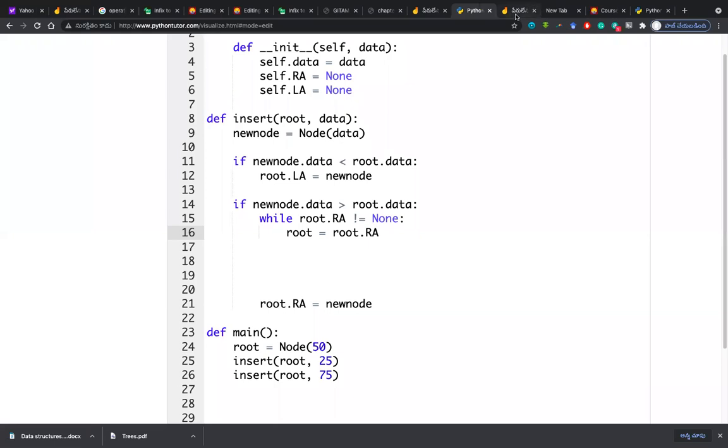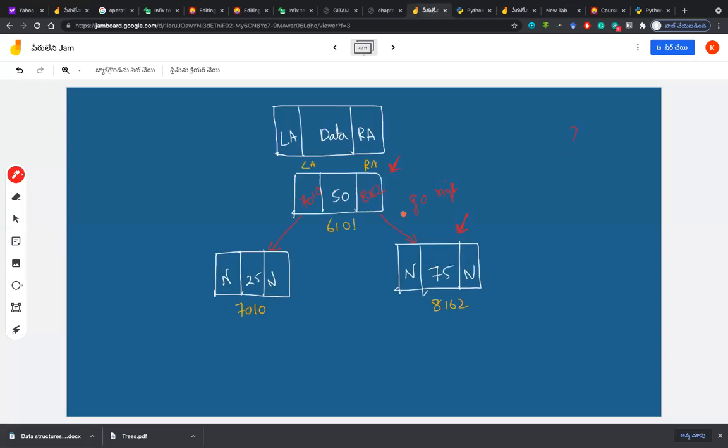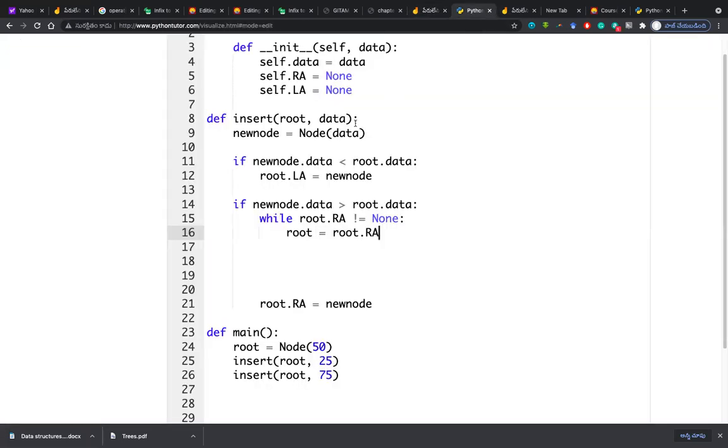And now you have to declare a traverser then. Yes, sir. You are using a while loop. Okay, then I will declare a traverser for this. We can use a variable, tra is equal to root, I will say. So I will check every time tra, and here also tra, this one, tra. Okay, so you are going to the right side.